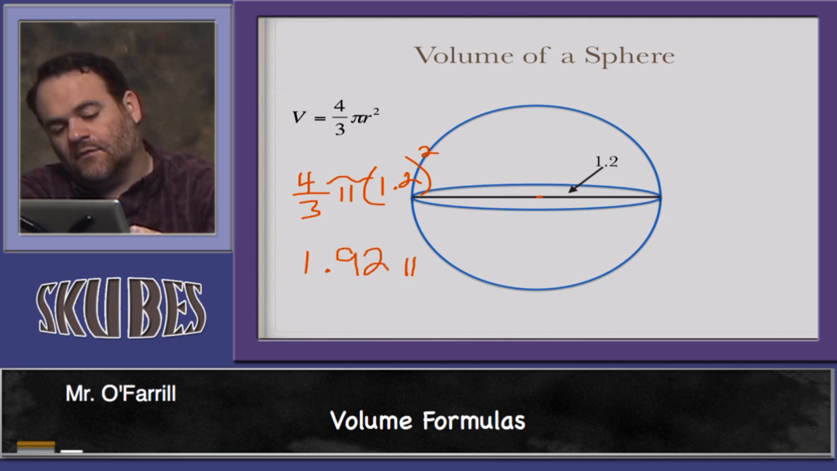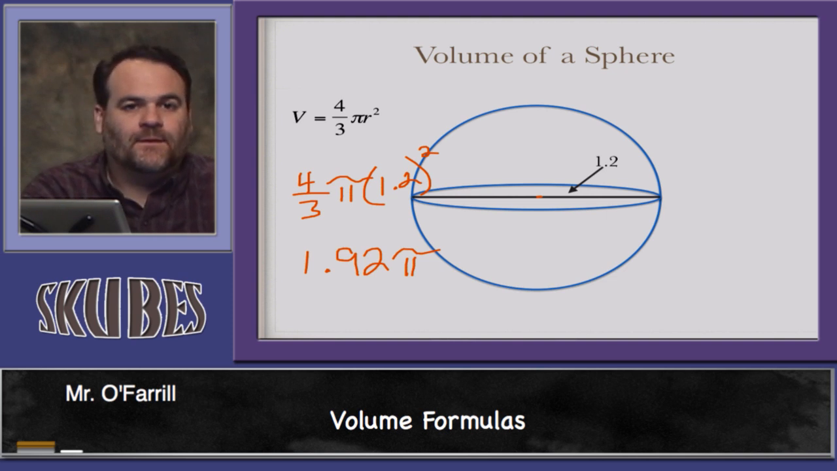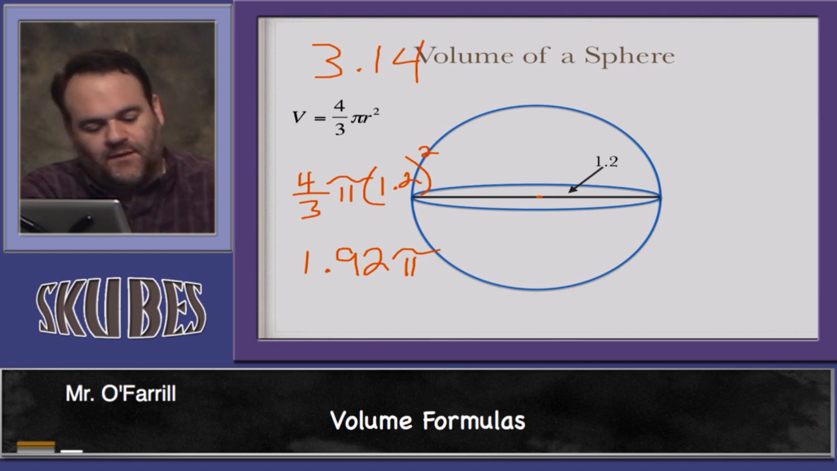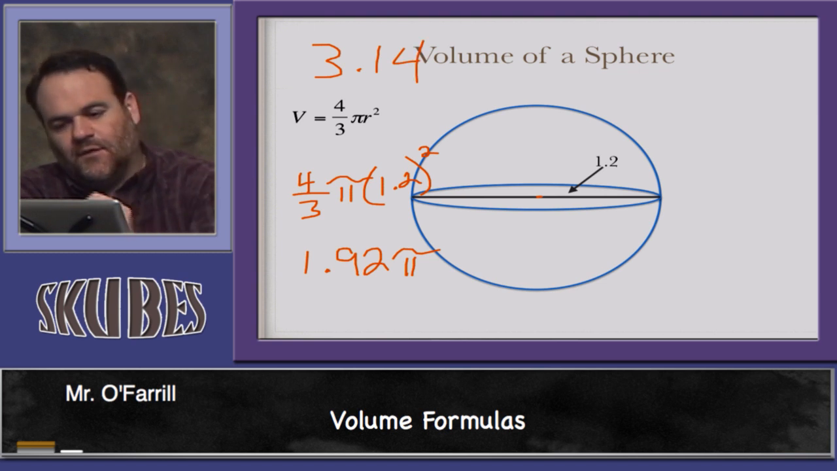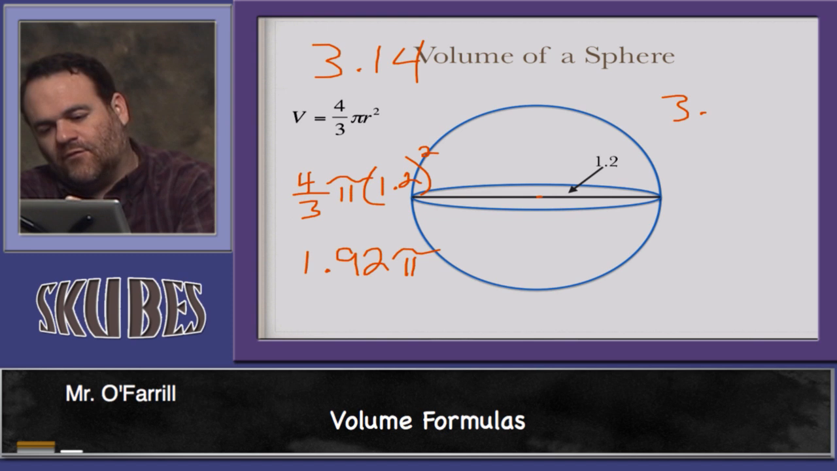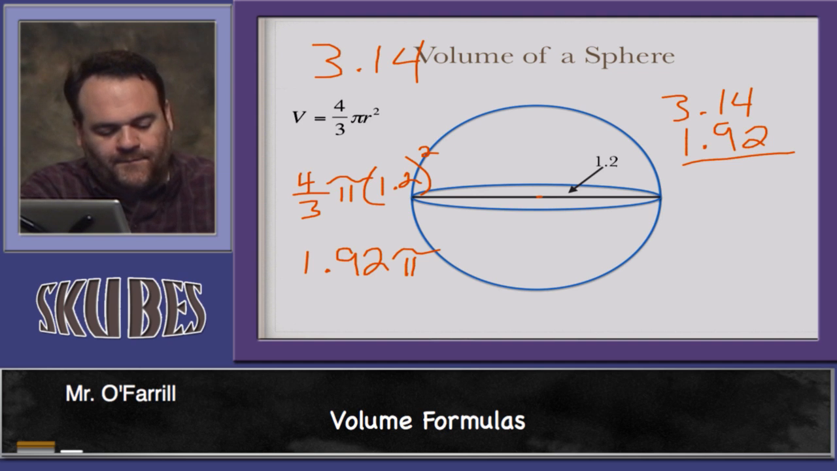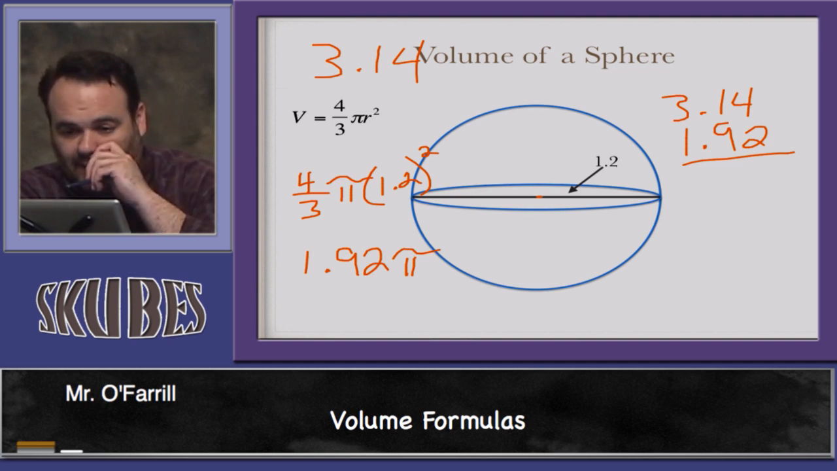1.92 pi. But again, you might be getting asked to give an approximate answer. We will again use 3.14 as our value for pi. So we're doing 3.14 times 1.92, and we end up with